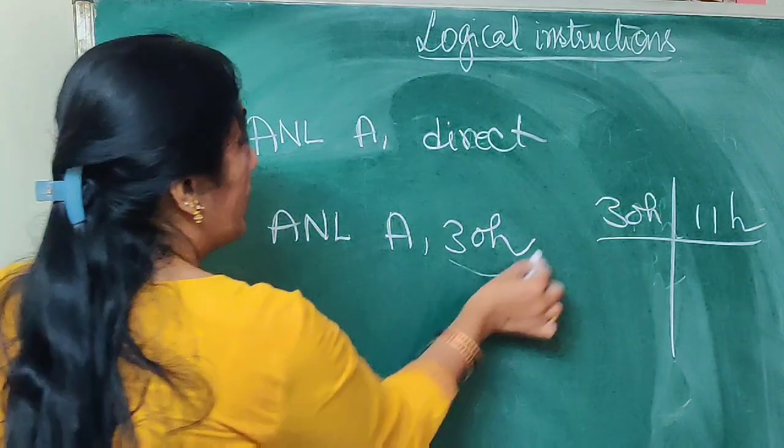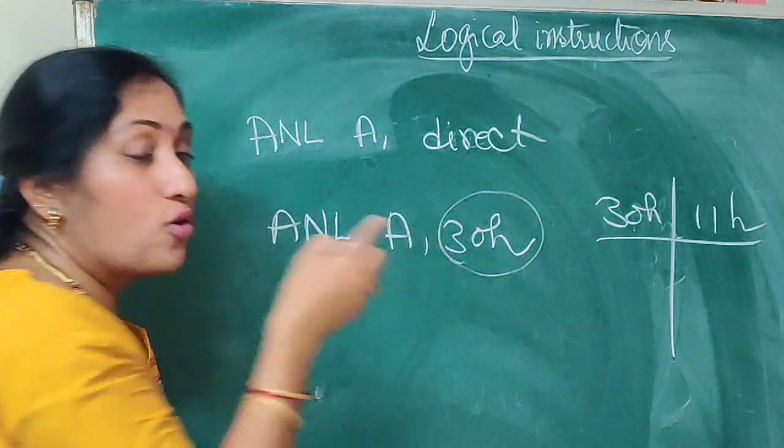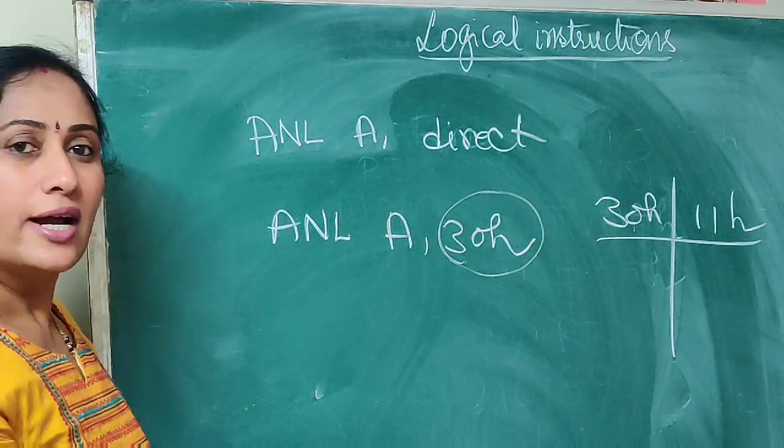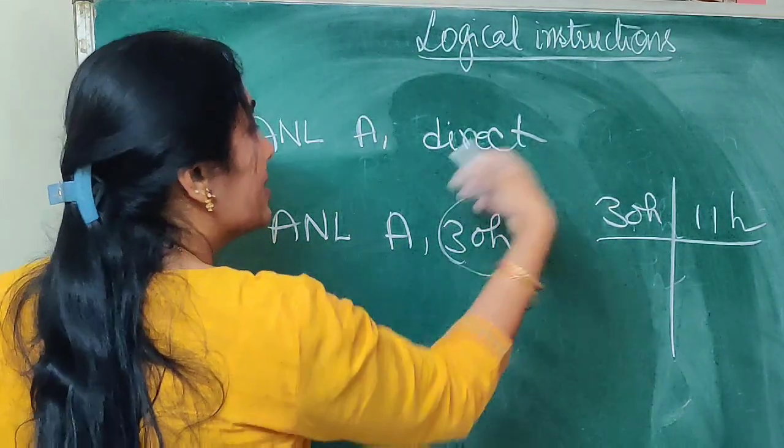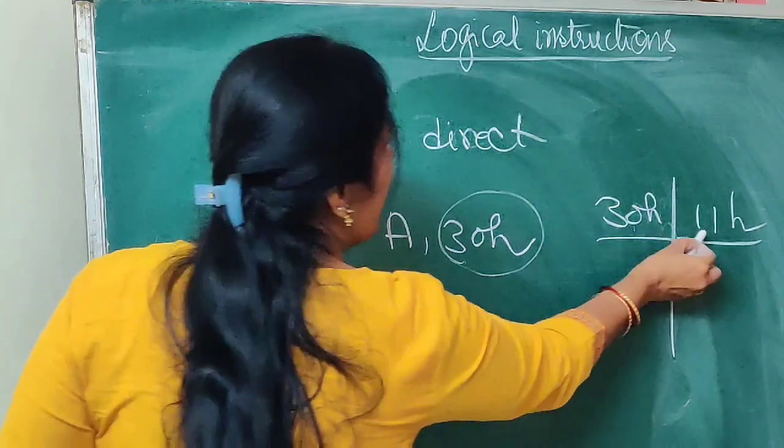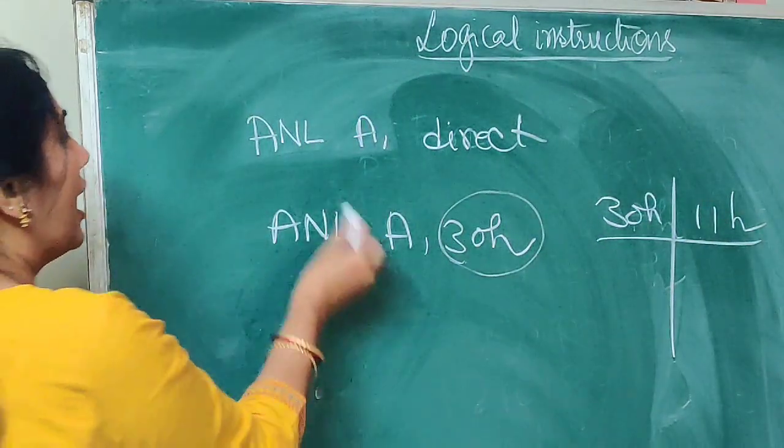So here, this particular number, a number without a hash sign, what should we understand? It's an address of the memory location. So 30 hex is having certain data, 30 hex is having certain data 11. And the accumulator